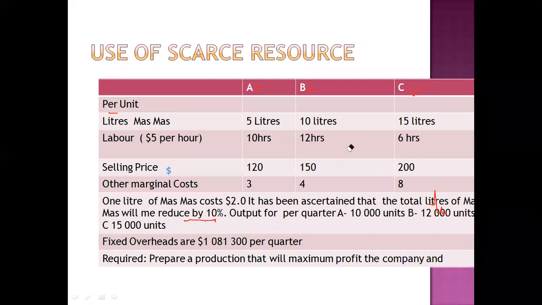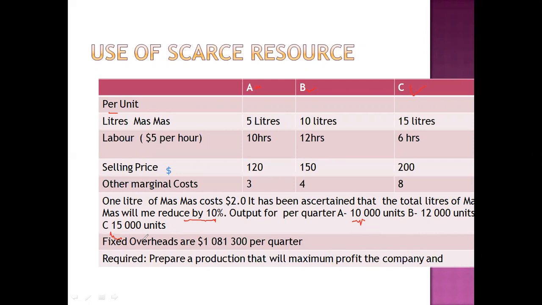The total liters that are required for our production becomes the scarce resource. I think it's making sense. Then output per quarter, in this case, we've got the output per quarter. Our output per quarter is we need to produce